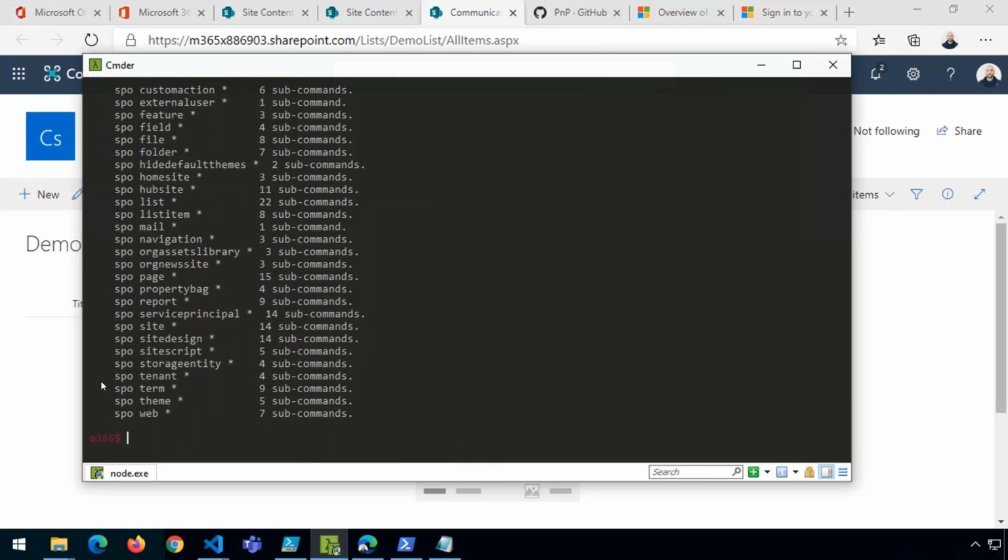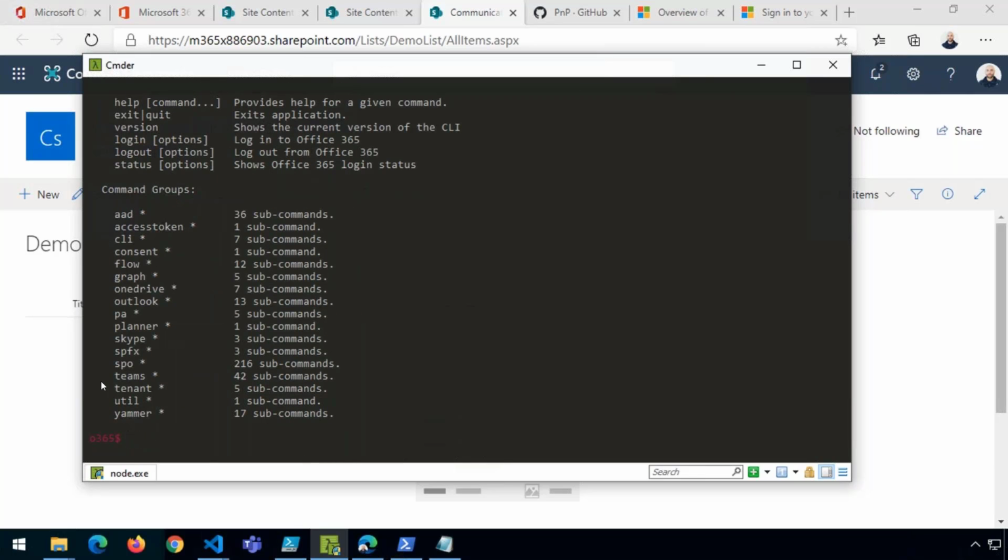But what you will notice is if I say help here, you'll notice that we have groups that we can access. So instead of just doing SPO, we've got SharePoint Framework, we've got Outlook, we've got Graph, we've got Flow, we've got all kinds of different things. We even have teams. So for example, I could go ahead and create a brand new Microsoft team. So I could say